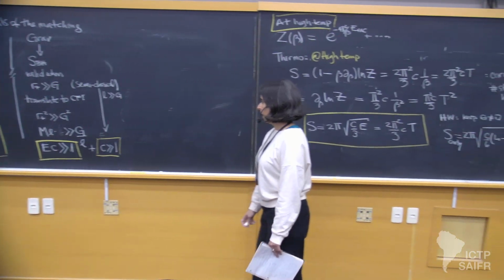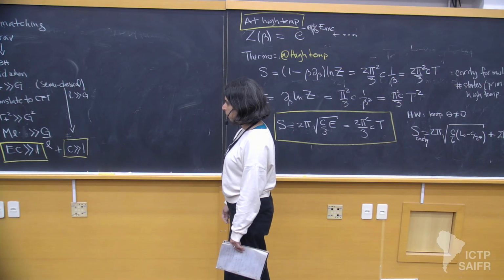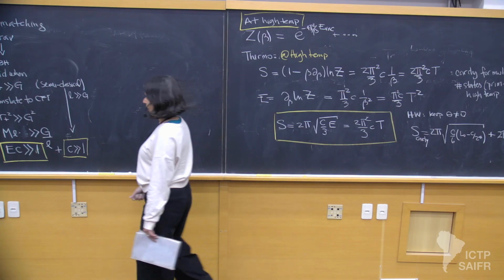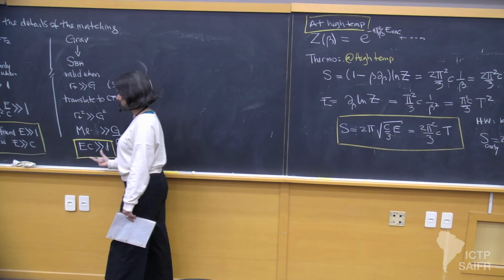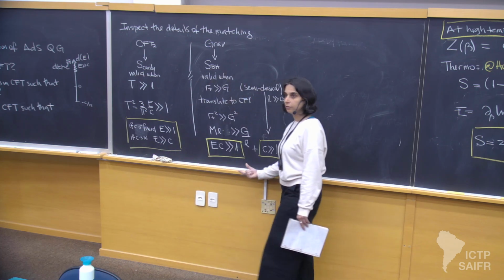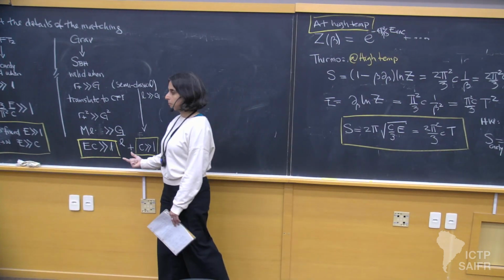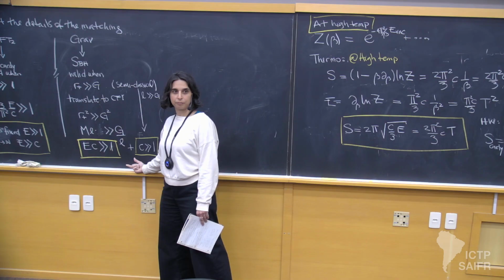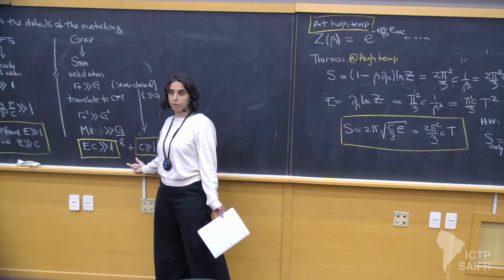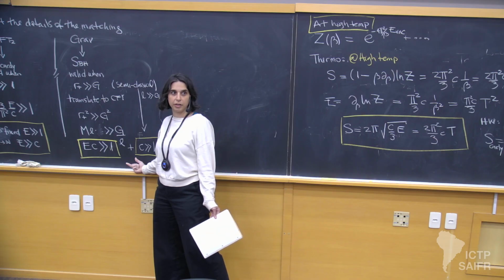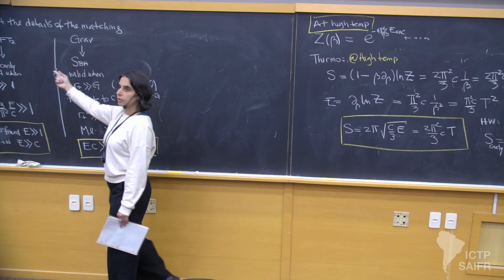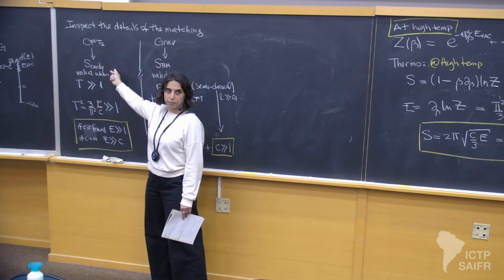Okay? All of you are very smart people, and it's kind of obvious that these conditions are not the same as those conditions. They're compatible, but they're not the same. So there's a mismatch in the regime of validity of when you trust this versus when you trust this. Okay?